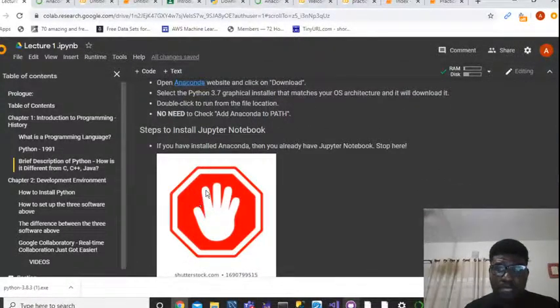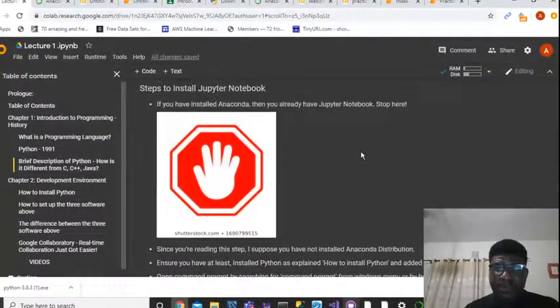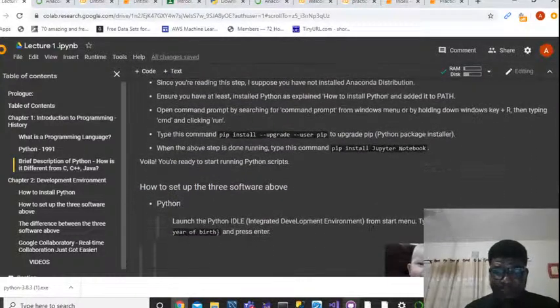Now to install Jupyter Notebook, if you've installed Anaconda, as I've said earlier, you actually don't need to install Jupyter Notebook because Anaconda comes with Jupyter Notebook. But if you don't want Anaconda and you want to install Jupyter Notebook, all you need to do is go through this step and you have Jupyter Notebook